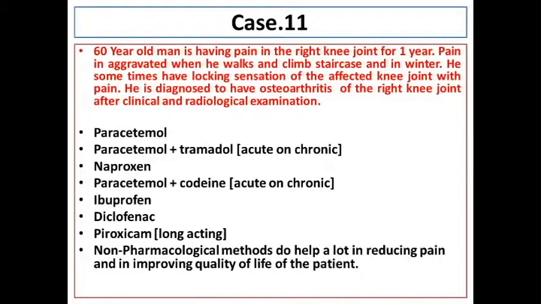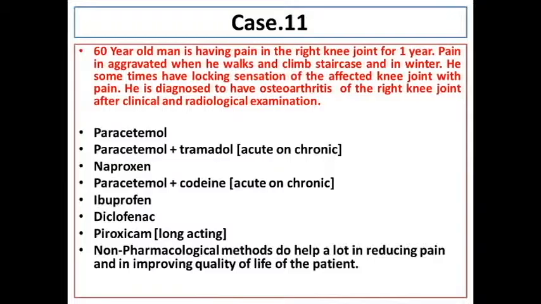Now, when a patient is suffering from osteoarthritis, the choice of medication is very important, because this is a very chronic situation. So here you start off with safer drugs, which are good analgesics like paracetamol. And if there is an acute event, for example, you are having only moderate relief of pain, because in chronic diseases you will have up and down patterns, with a sudden increase in pain sometimes, then you can add either codeine or tramadol. Both of them are weak opioids. But again, a cautious choice is needed because of their abuse liability.